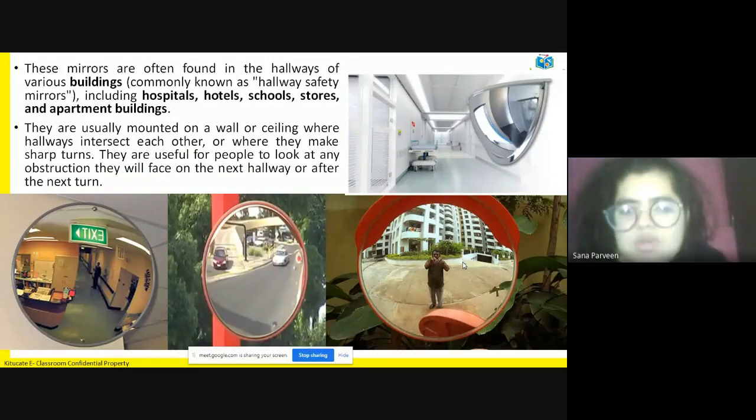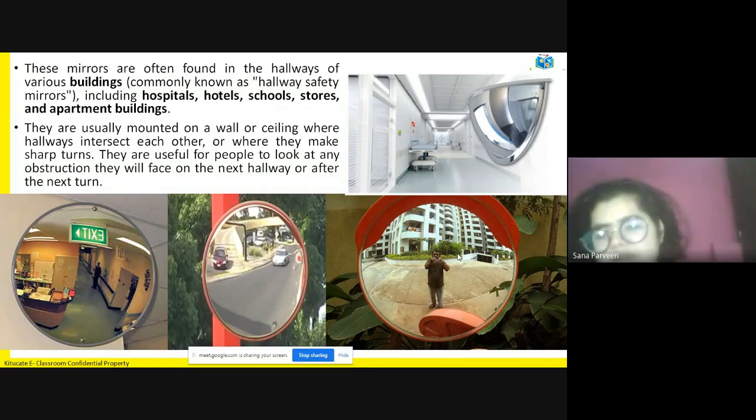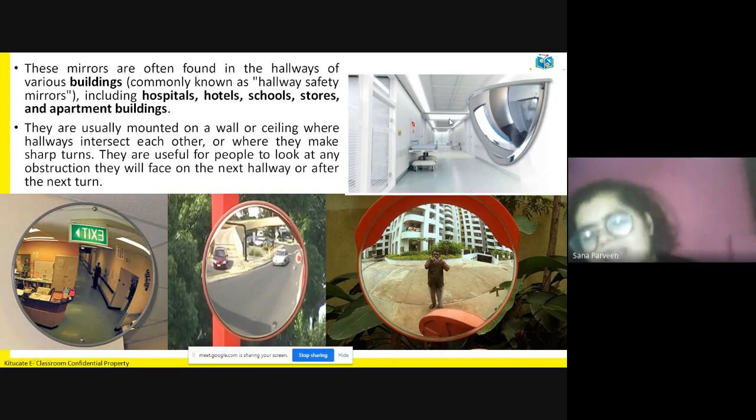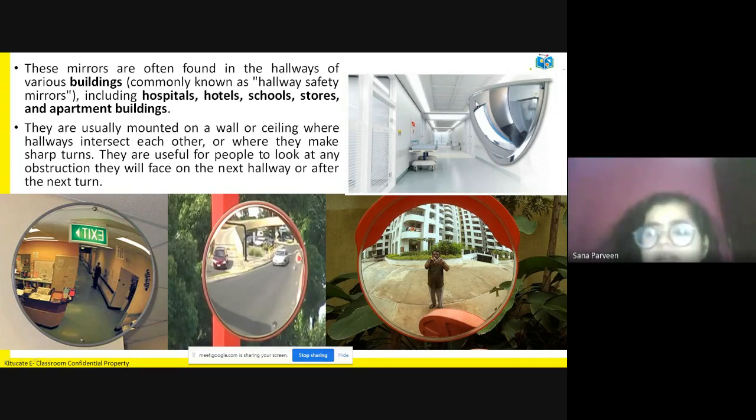Apart from side mirrors, you use convex mirrors in hospitals, in buildings, at junctions, at apartment buildings. Okay, so in the hospitals we're using it so as to see whether the stretcher is coming, who is standing, where is the doctor standing, so as to get a broader view. Okay, the broader view, we want to see as many things as possible. That is the reason why this is a very beautiful image which the hospital has put up of the convex mirror, so that possibly everything is visible.